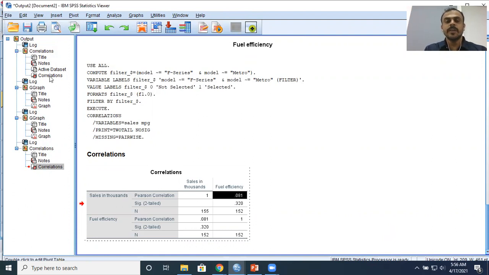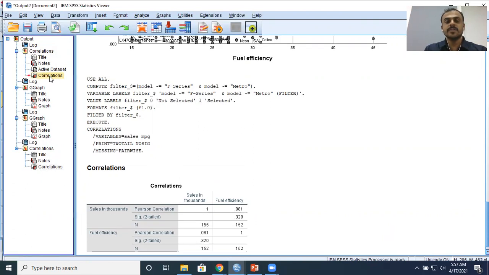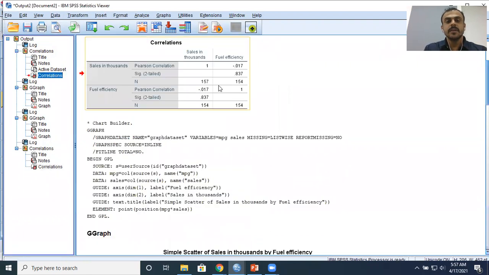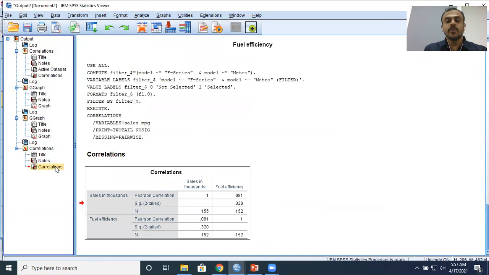To just jog your memory, let me show you the earlier correlation value when you had outliers, right? You remember this correlation value, right? This correlation value was minus 0.017. Look at this, it was minus 0.017. Now that you have gotten rid of these outliers, the minus sign has disappeared. You are seeing the presence of a plus sign here.